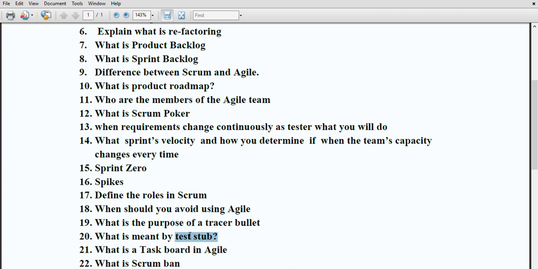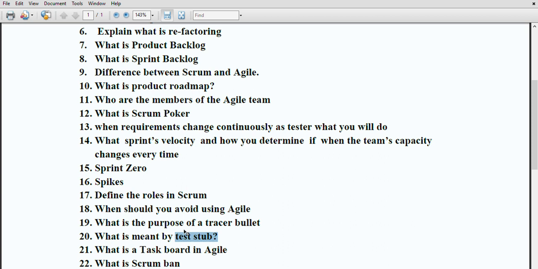Then the main important question is, what is meant by test stub? Generally a test stub is a small piece of code that replaces an undeveloped or fully formed component in a system being tested. Basically the test stub mimics the actual component by producing a specific known result, and this code is used to replace a module in software.